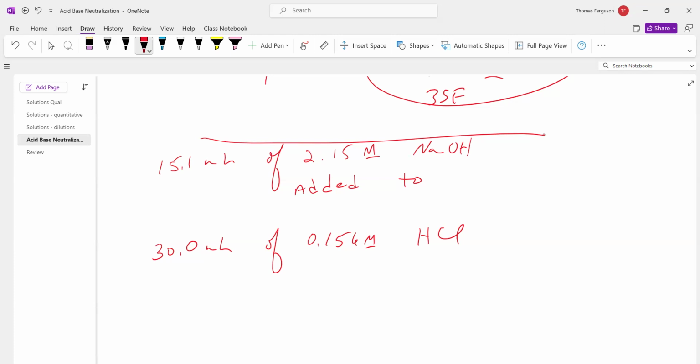So there's 2 parts to this problem. Because the new volume is going to have a combination of the moles of this plus the moles of that, plus a combined volume of 15 milliliters and 30 milliliters. Now, first of all, we need to figure out what's neutralizing what. So the reaction for that is